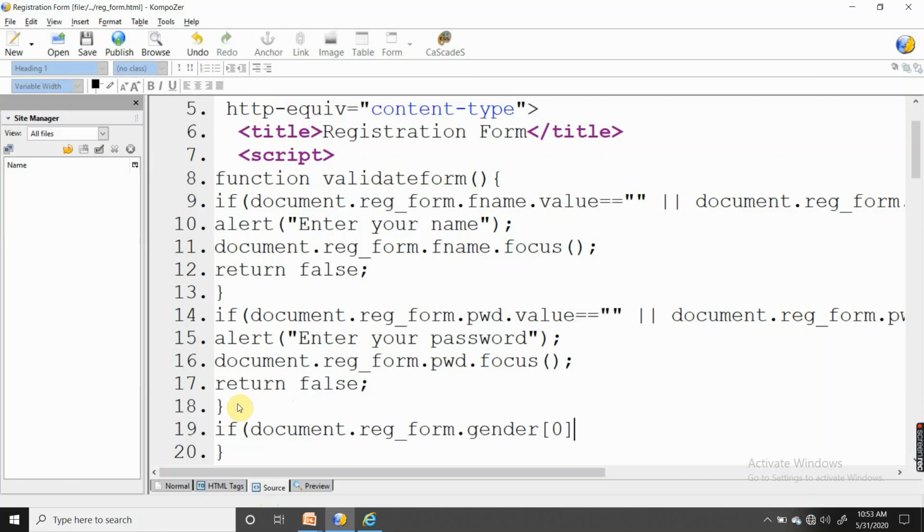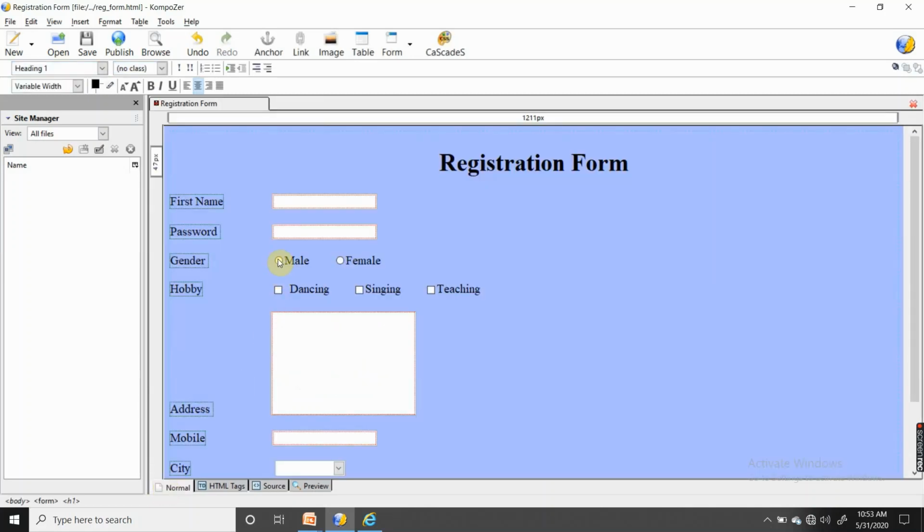I will explain. See here, with the same name we have two fields. So this one will be gender of 0 and this one will be gender of 1. In hobby with the same name we have three fields, hobby of 0, hobby of 1 and hobby of 2. Array always begins with index 0. So this will be 0 and this will be 1.